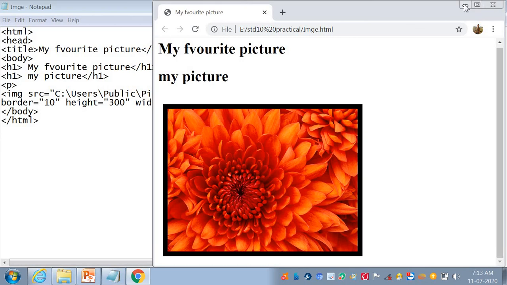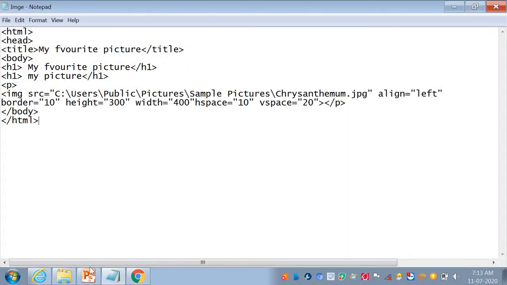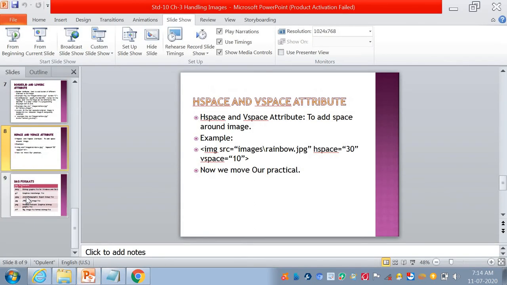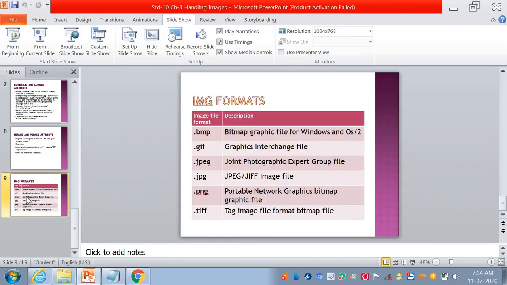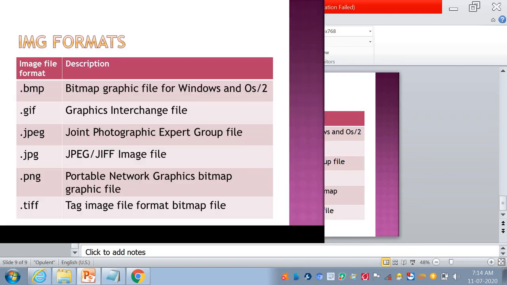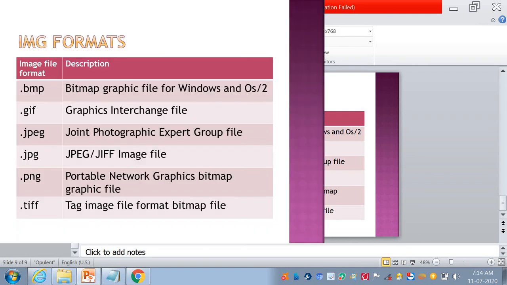Now we move to our theory portion, the last topic for today: image format. You should know the types of image format.